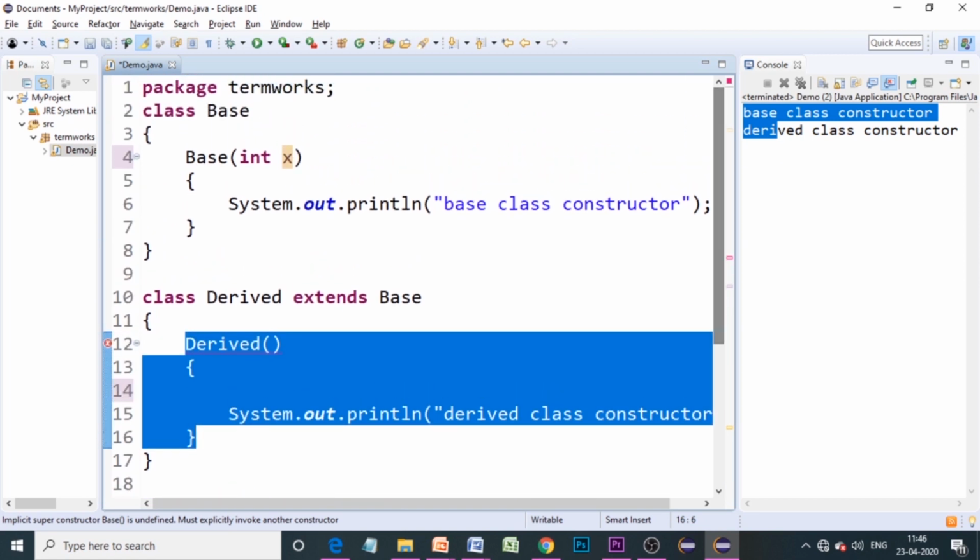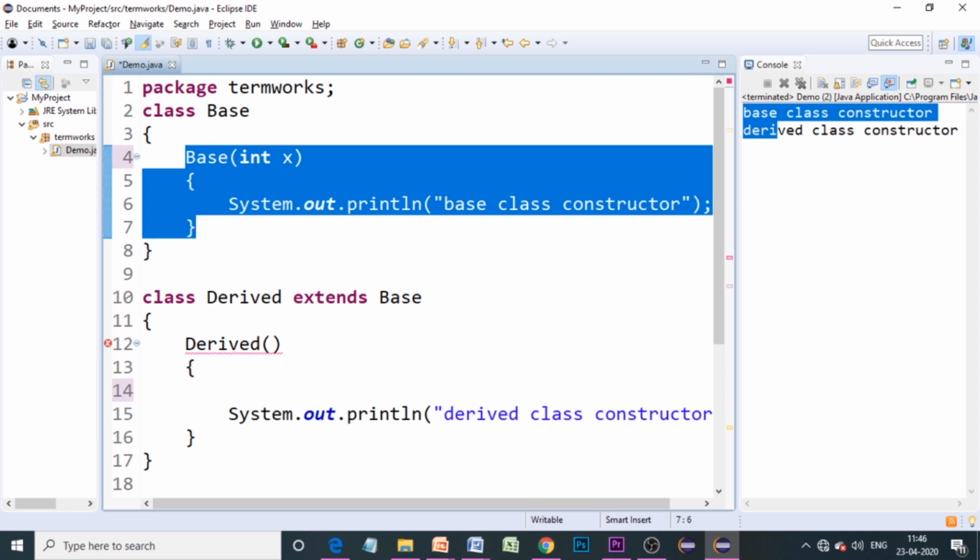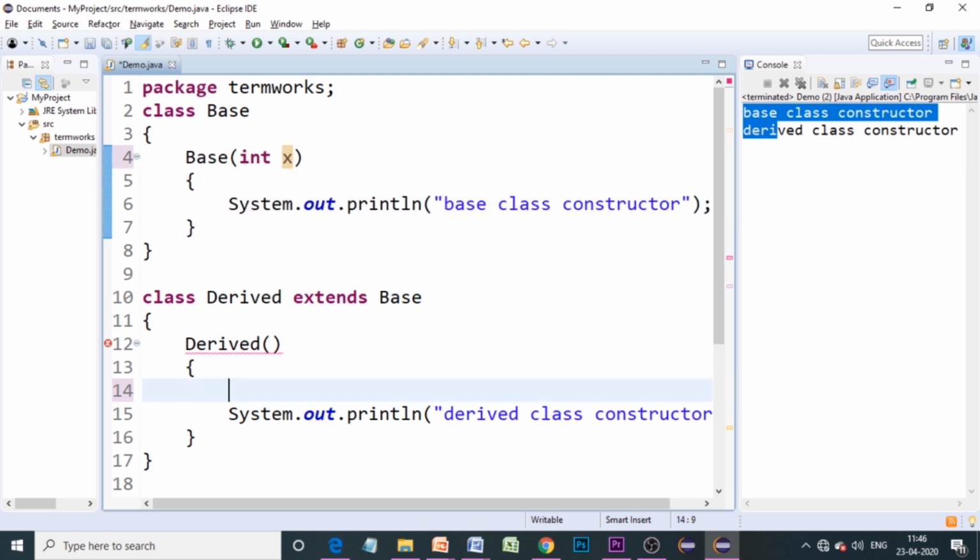That means it is trying to execute this, but it wants to accept a parameter which is not passed. That is the reason it is giving the error. So we have to use the super keyword and pass an integer value over here so that it will be passed on to the parameter of the base class's constructor. So now you can see that we are not getting any error message.